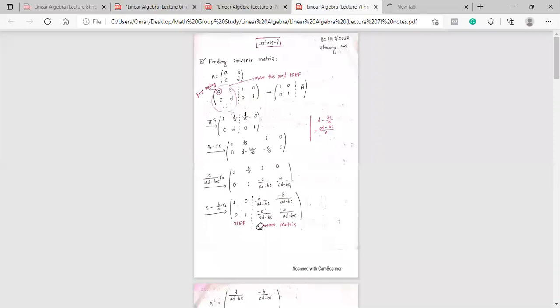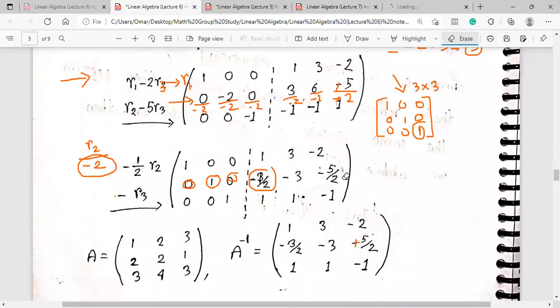Oh, this website is not loading. Anyways,